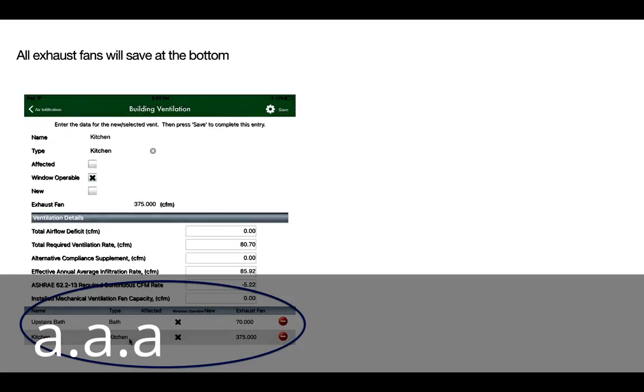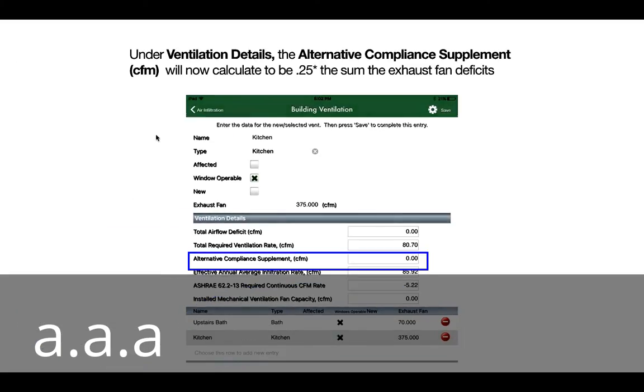After all exhaust fans have been listed, you can then once again review your ventilation detail calculation results. This time under ventilation detail, the alternative compliance supplement will update. It will now calculate